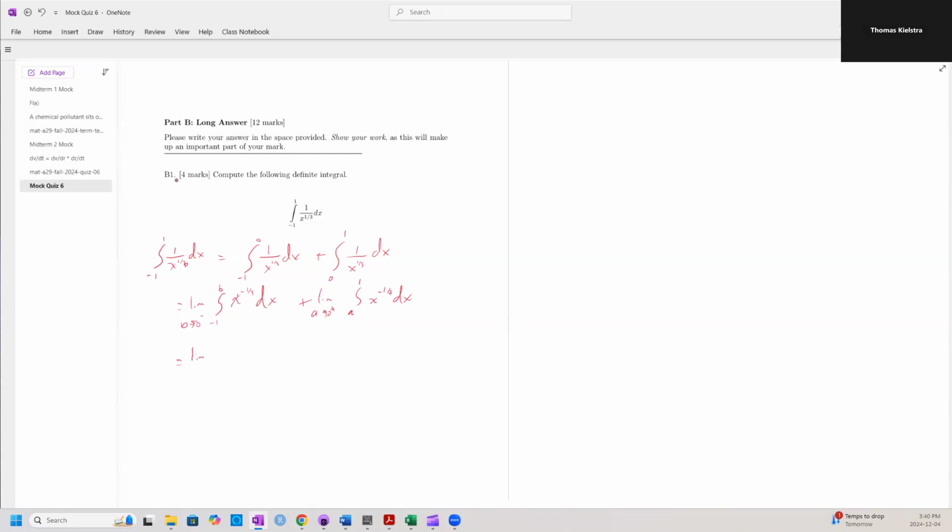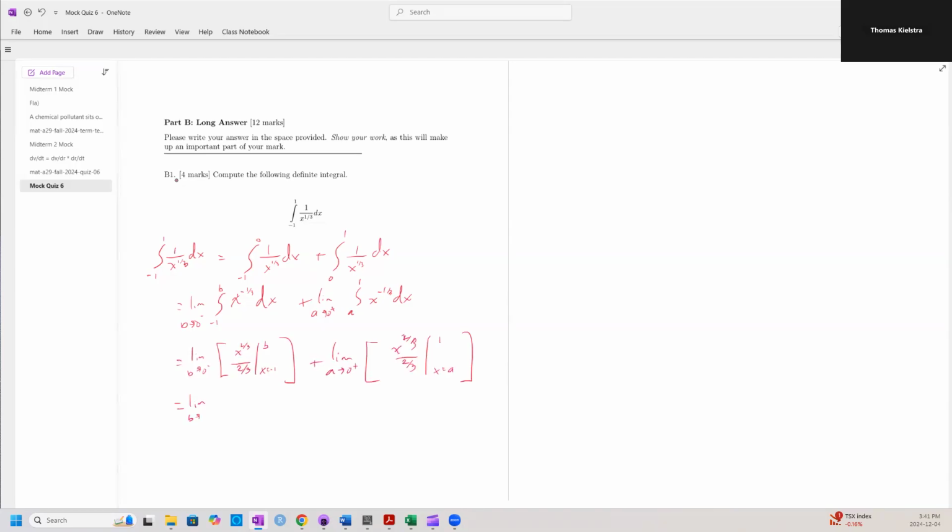So this equals the limit as b approaches 0 from the negative of x to the 2/3 over 2/3, evaluated at x equals -1 to b, plus the limit as a approaches 0 from the positive of x to the 2/3 over 2/3, evaluated at x equals a to 1,